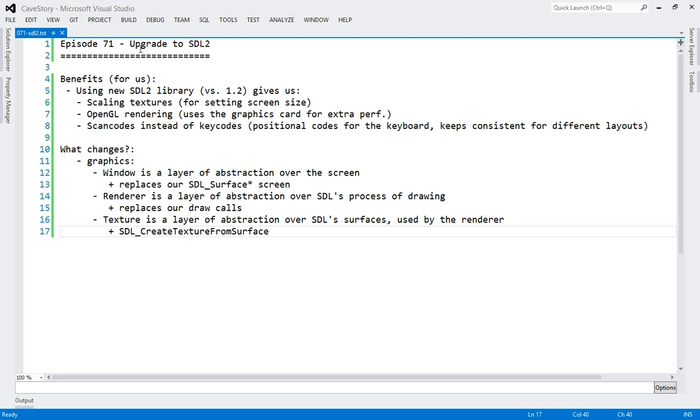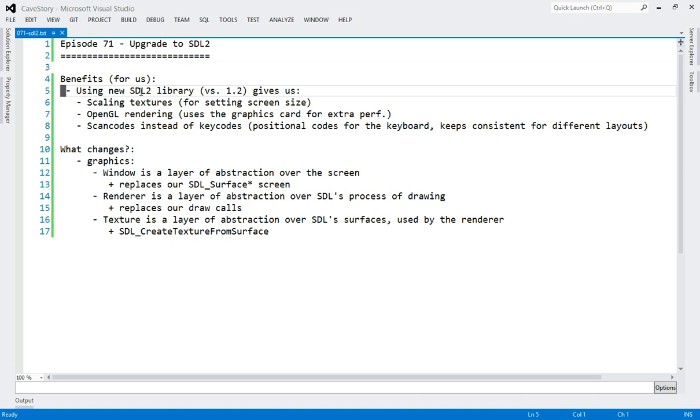Today, we're just going to be upgrading to SDL 2.0. Honestly, I don't think it's a very interesting episode because the code's going to do the same thing at the end of this. So, if you don't feel like doing this, it's probably not a big deal if you don't want to do it. But there will be some different calls, maybe in graphics and in input, especially where we will have some